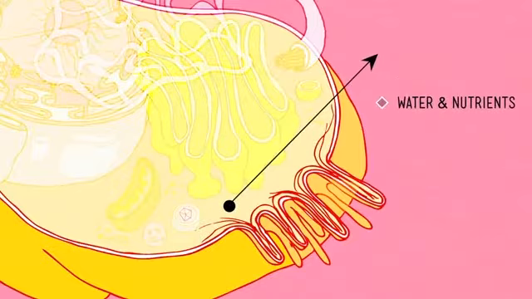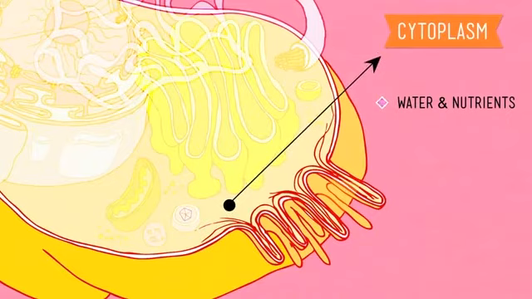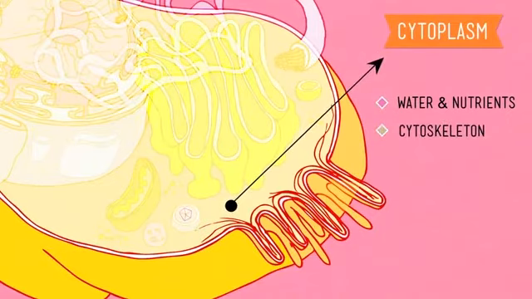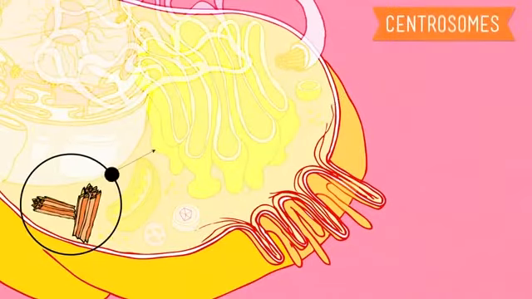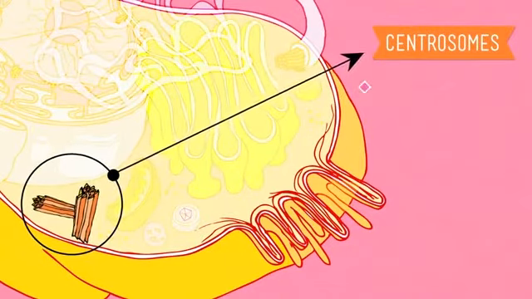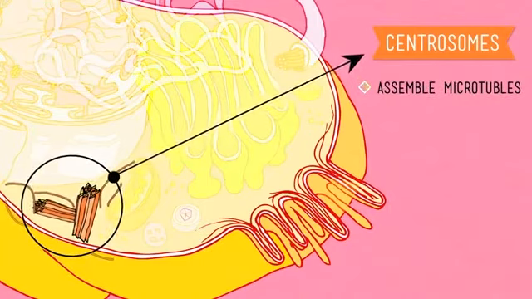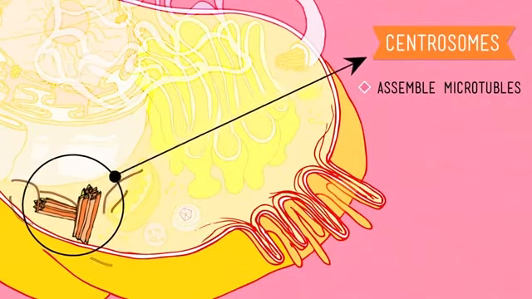Now, the landscape of Eukaryopolis, important to note, is kind of wet and squishy. A bit of a swampland. Each eukaryotic cell is filled with a solution of water and nutrients called cytoplasm. And inside of this cytoplasm is a scaffolding called the cytoskeleton. It's basically just a bunch of protein strands that reinforce the cell. Centrosomes are a special part of this reinforcement. They assemble long microtubules out of proteins that act like steel girders that hold all the city's buildings together.